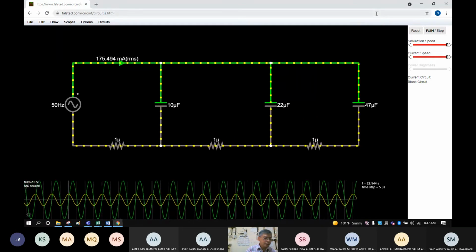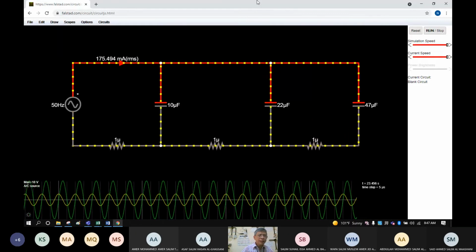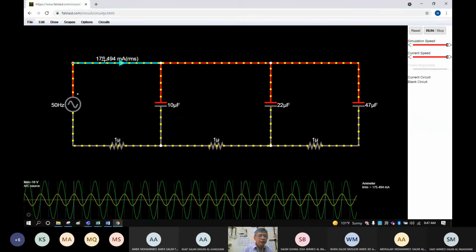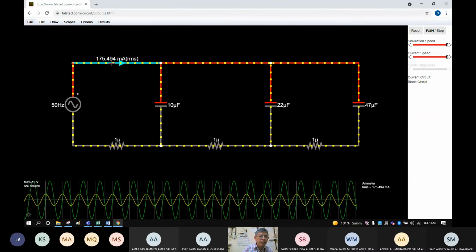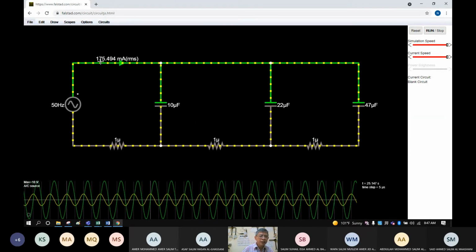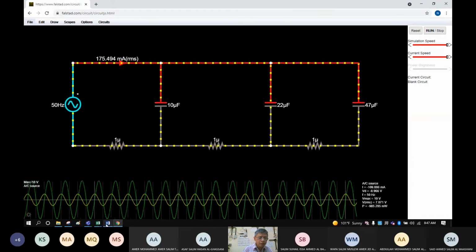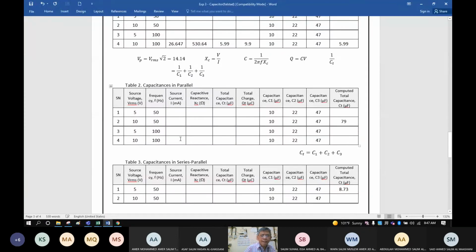Okay, so what is our current? So our current is 175.494 milliampere, right? It is fixed. So we will go here.